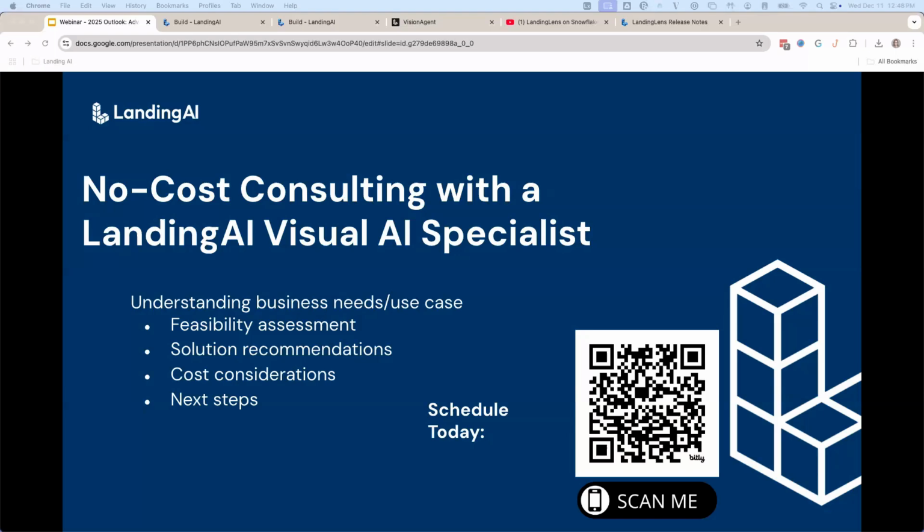Excellent. Next question. Can we use the model for real-time live video streaming for detections and auto-labeling in our projects? So today we offer the ability to work with live streams through our LandingEdge software. So you can incorporate an RTSP stream and see the results on that data. That data can be loaded back to LandingLens, and you can leverage those new predictions to continue to iterate on